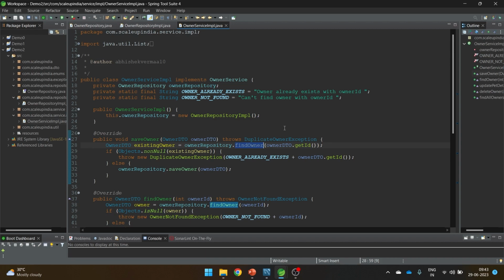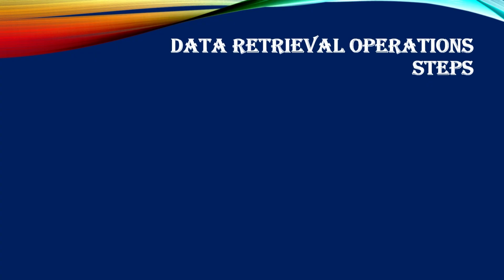So first of all, let's go to a video and see how, for findOwner, what all steps we need to cover, and then we will come back here. We will implement the logic for findOwner also. The findOwner method comes under the retrieval operation, because here we are going to read some data from the database. So let's see how the steps of retrieval are going to look different from your